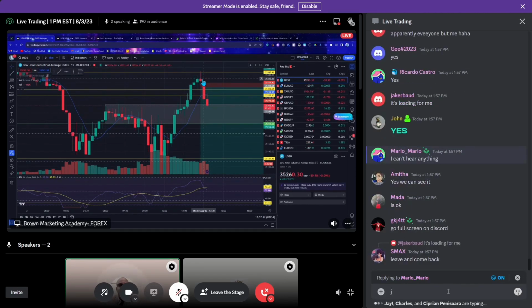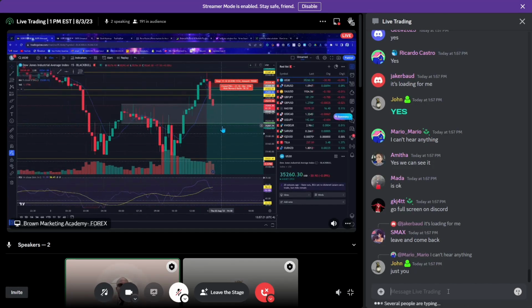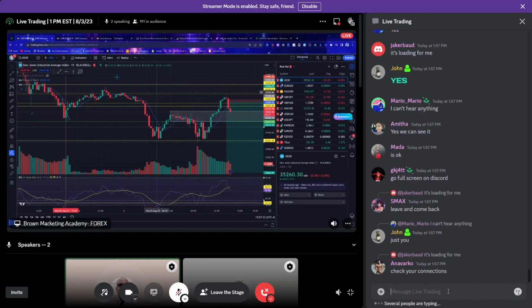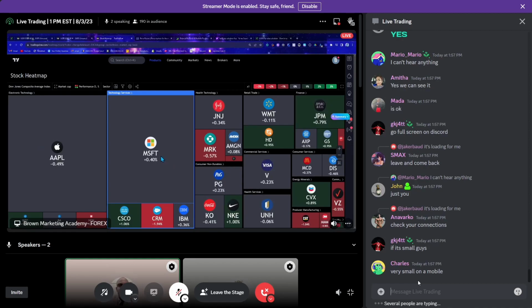This bar is the red bar. This is where we entered, and then we want price to go all the way down. This is US 30. That's basically these companies here. It's all these companies. It's Apple, Microsoft, Johnson & Johnson. Just tells me